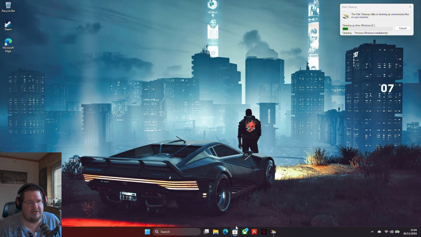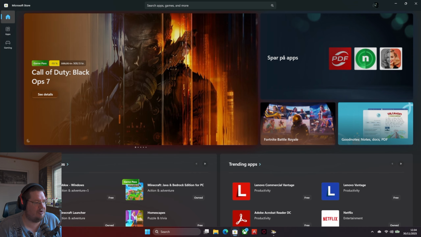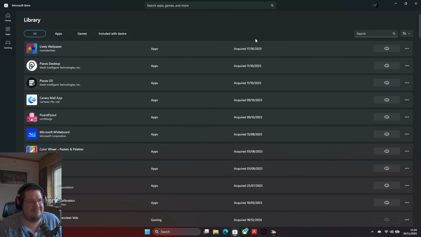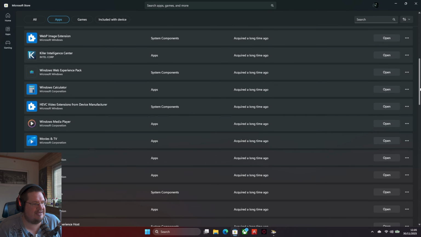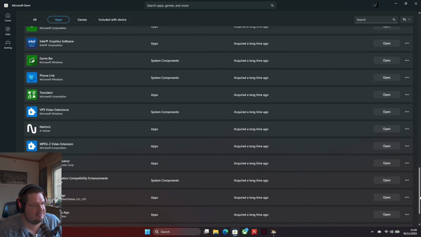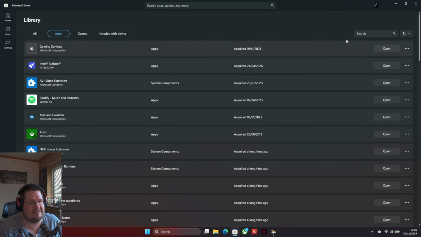You could probably remove some more programs in Windows. You could probably even go into the Windows Store and this library. Here it is, and you can go in and you can find, I have like 1 month of Game Pass because of this. Like you can see here what I have previously installed and whatnot. Show installed programs only. There you go. You could look down here and see again. Just have a gander, explore the areas and see if there's anything in here. It should be the same as in the settings, but there may be something in here you don't want,